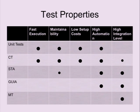It's mostly the same with the component tests we have. But some component tests do need some part of integration tests, only a little bit of integrating. If you go to system test automation, they're definitely not fast, and they need an environment, so we have setup costs. They're a bit more maintainable compared to other things because they have no GUI access, but they're highly automated and they're